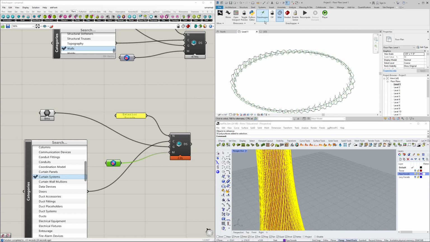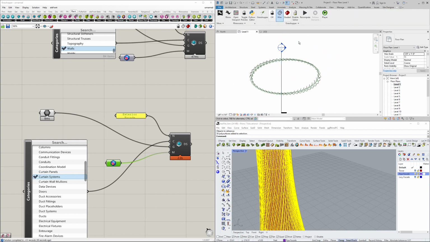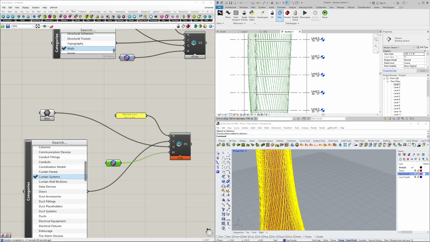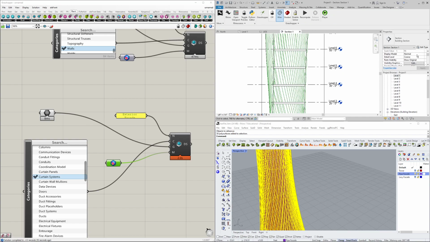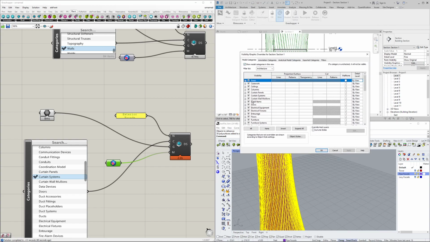It's real. If I take a section cut through here, when we're doing our details and we need to do our line weights, I can see everything really nicely. And then because we have Revit creating it, it has a category. It is a curtain system. So when it comes time to actually create your views, you can let Revit do more of the work when it comes to doing visibility, graphics, wall sections, that kind